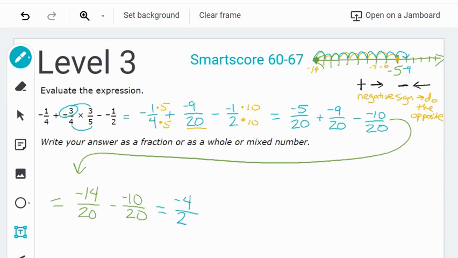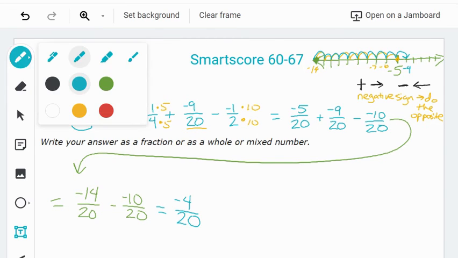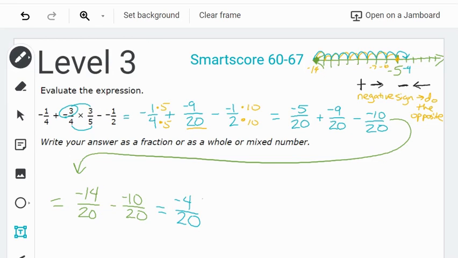It's still out of 20. And actually, both of those can be divided by 4. So divide both of these by 4. And you get -1/5 as the reduced